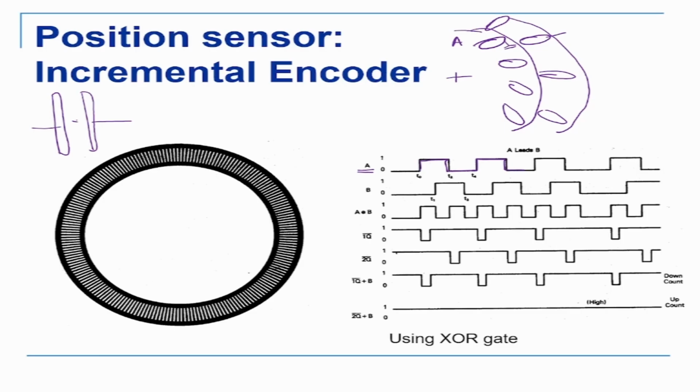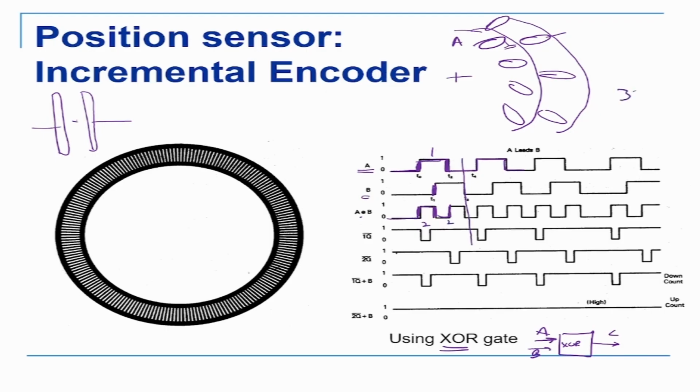So if you look at A and B, and if you use an XOR gate, an XOR gate basically means that if there is an input A and an input B, if there is any change in A or B, then you'll get a change in C. So when there is a change in A, there is a change in C. Then A is constant, there is a change in B, so now there is a change in C. Then again here A is coming down, so immediately there will be a change in C. So if you look at this time instant, there was only one pulse here, but here you're getting two pulses, which means the resolution has gone up now.